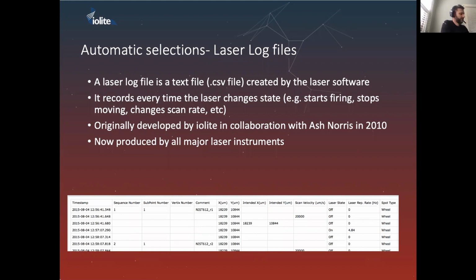And for those who haven't come across laser log files before, it's just a log file that is created by your laser software that records every time something changes for the laser. In particular, it will record a timestamp, and then it will tell you the X and Y position at that time, and whether the laser was on or off, and what the spot size was. And iolite can use that information to create